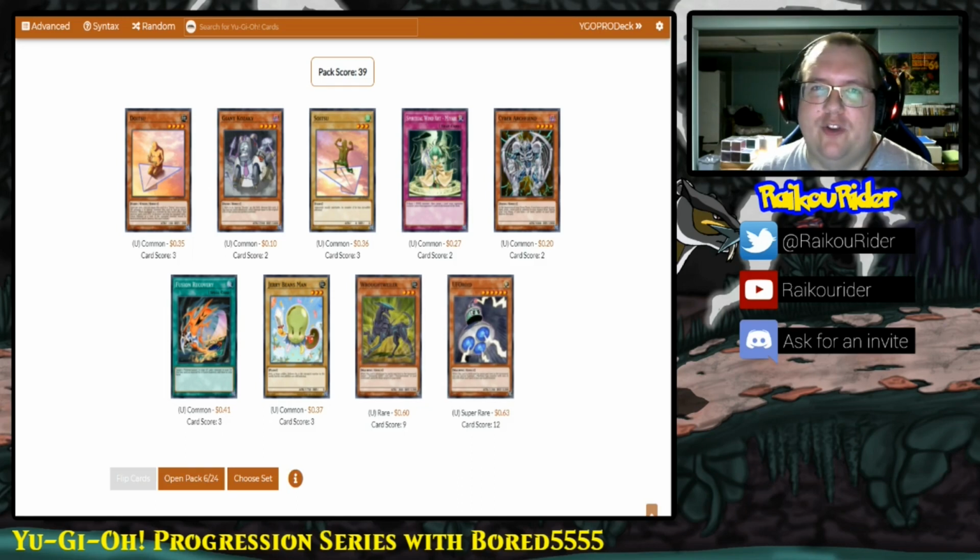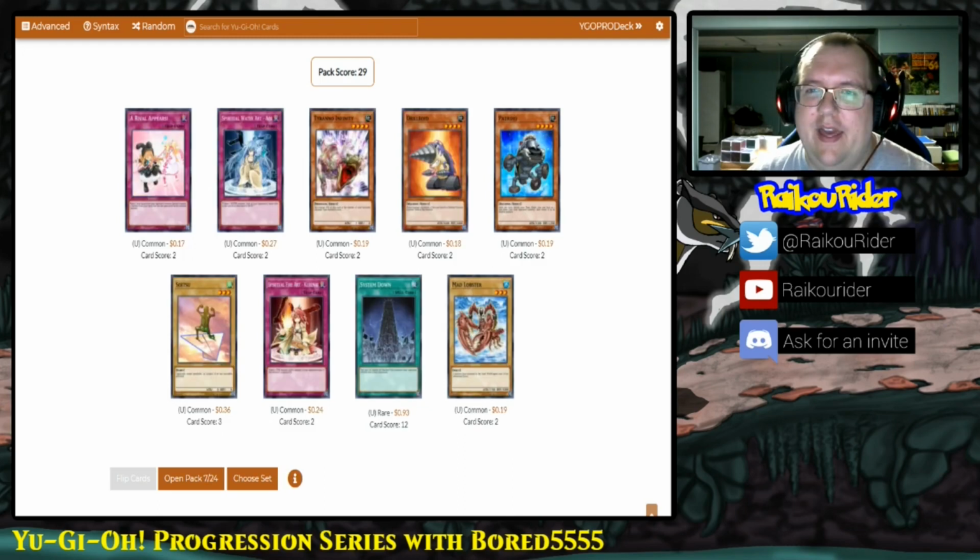We did pick up another Jerry Beans Man, and we did get our third Miyabi as well. And there's our first copy of Drillroid, as well as our first copy of System Down. So in the event that Bort does wind up on a machine deck, we will have that in our back pocket, but that is a card I am very, very scared of him playing against me, because that Ancient Gear Golem base strategy that I have is pretty dead to System Down,